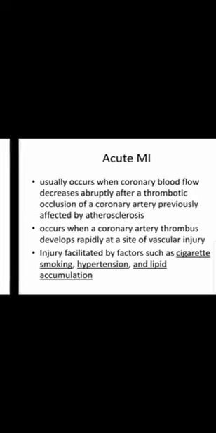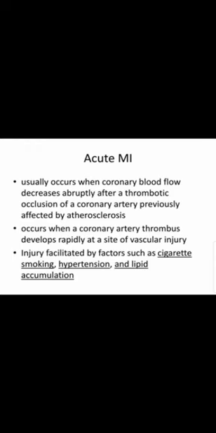all about this. What is acute MI? It usually occurs when coronary blood flow decreases abruptly after a thrombotic occlusion of a coronary artery previously affected by atherosclerosis. What I want to say is that when a coronary artery is previously atherosclerotic, its flow is compromised due to lumen compromise, and any thrombotic event will lead to decreased blood flow, which will lead to myocardial infarction. When a coronary artery thrombus develops rapidly at a site of vascular injury,